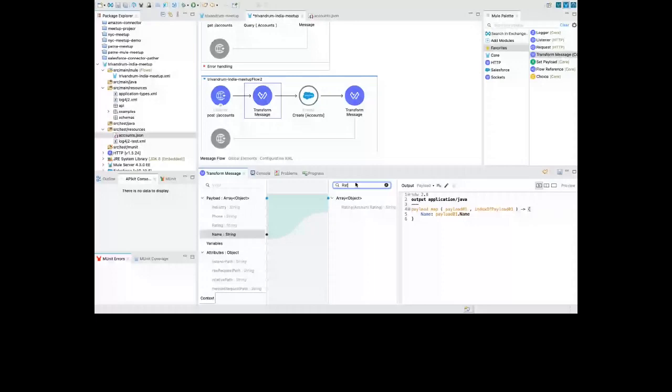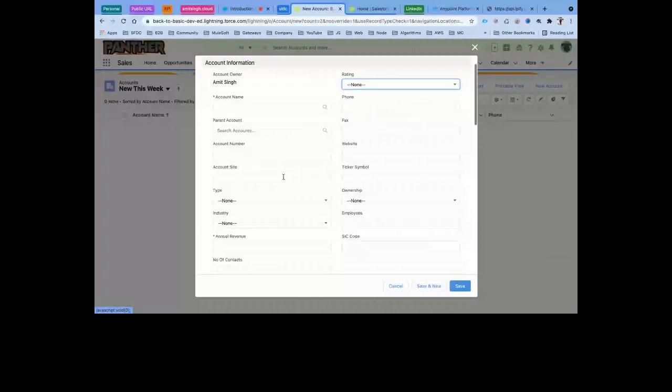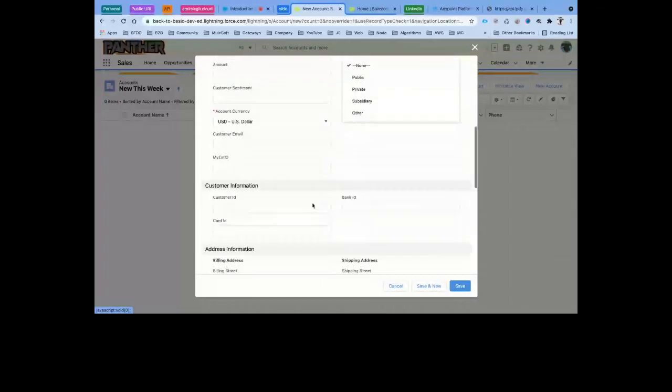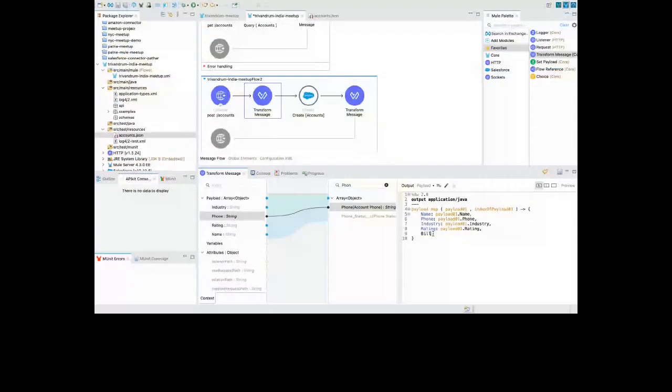This one. Okay. Suppose you wanted to have something else, let's see what other parameters we have for account. I think we can say billing street, and we say 123 main street.